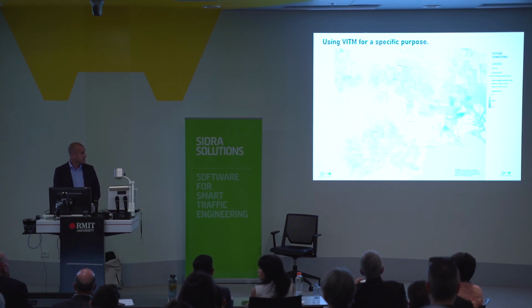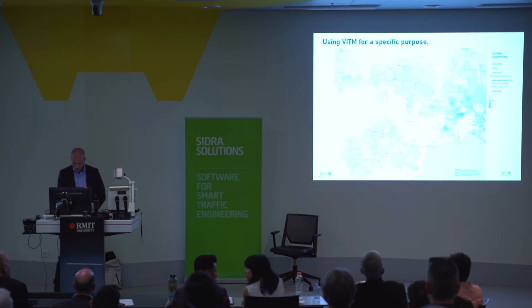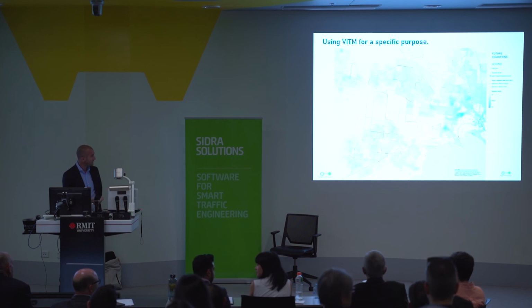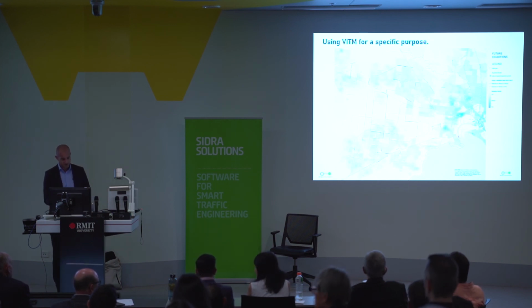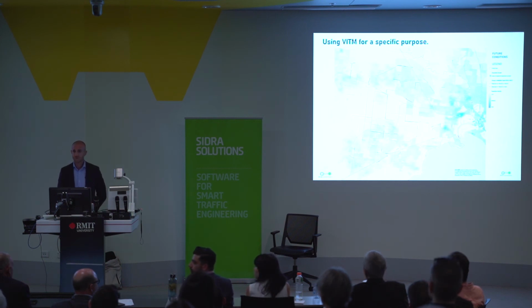So the red lines show the links that reduce in speed as a result of growth. I think it's up to 2031. And the blue lines show the changes in land use that will occur at that same time. There's a lot of information here within just this plot and picture that we're trying to show, but then the question is, what does it all mean? And that's the question I come back to at the start.